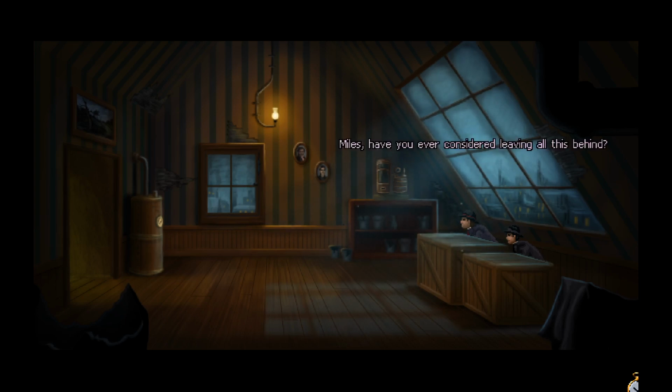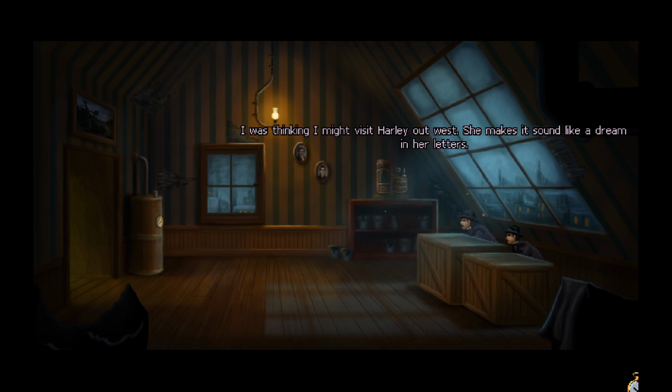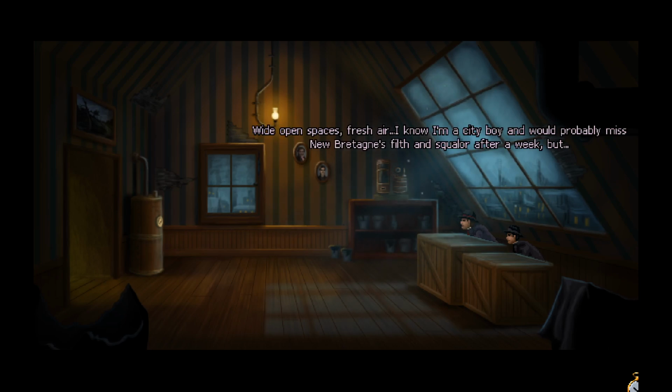Miles, have you ever considered leaving all this behind? What, you mean quitting the force? The force, the city, going off and seeing what else is out there, you know? I'd miss it too much. Wouldn't you? I was thinking I might visit Harley out west. She makes it sound like a dream in her letters. Wide open spaces, fresh air. I know I'm a city boy and would probably miss New Britannia's filth and squalor after a week, but...